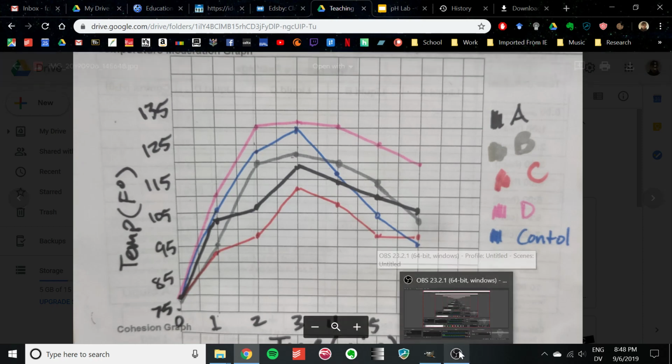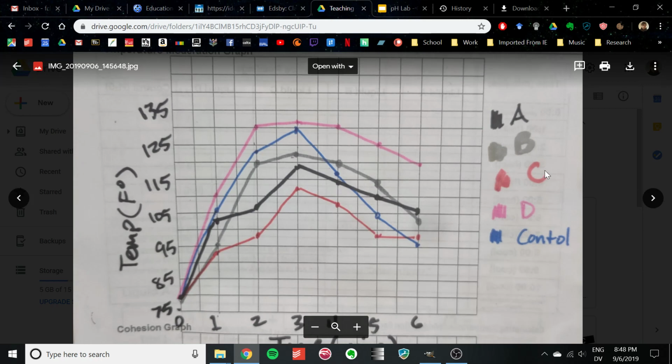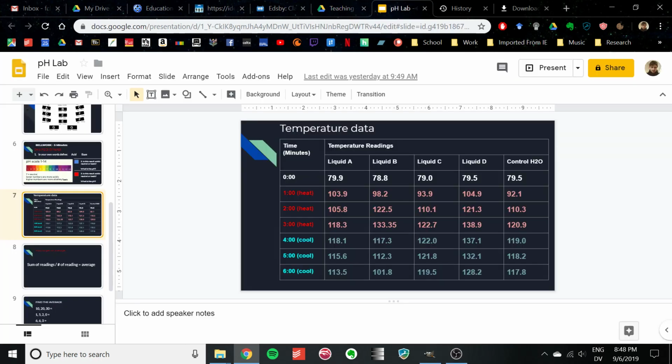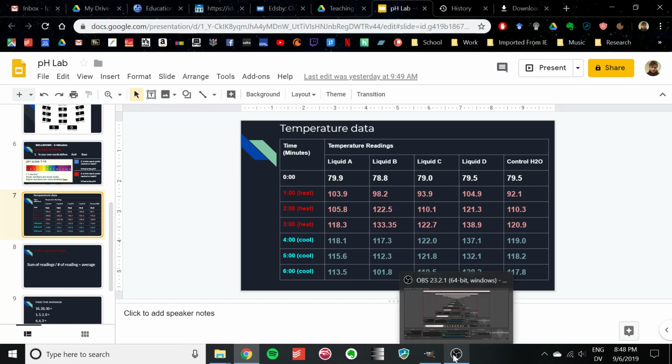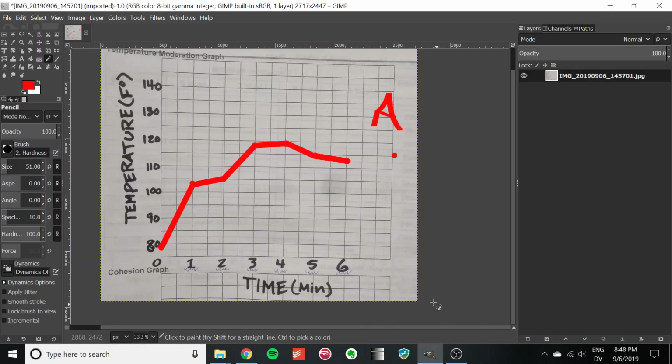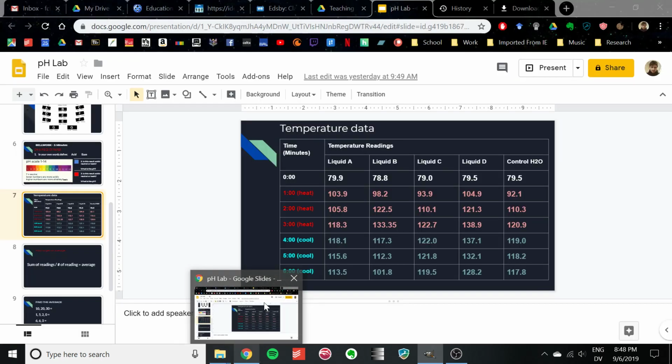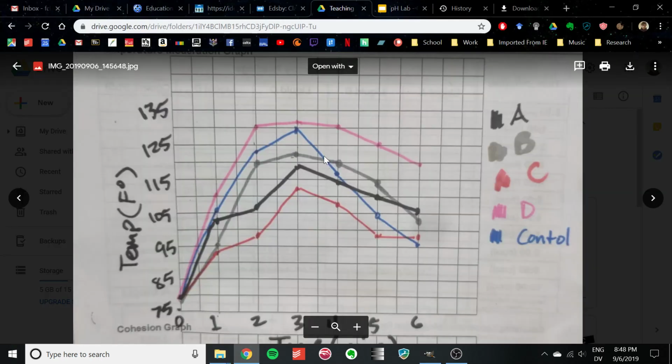So that's what you're doing for your homework. I did A for you. You got to do B, C, D, and the control on this data sheet. All right? And also, one last bit. I've decided that I will give you extra credit if you do